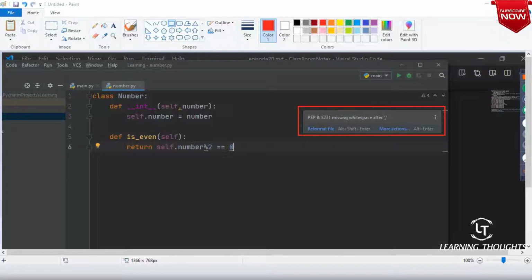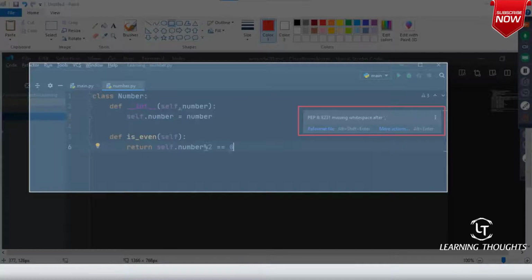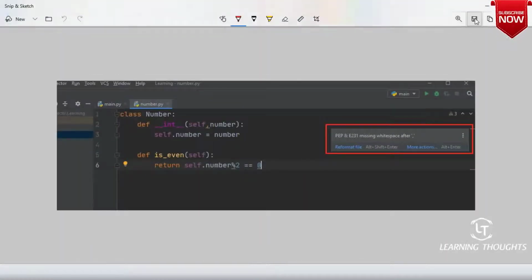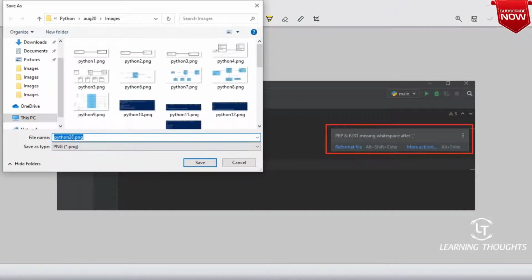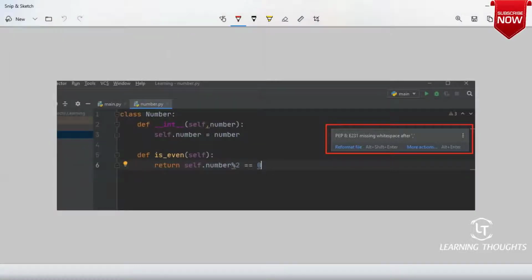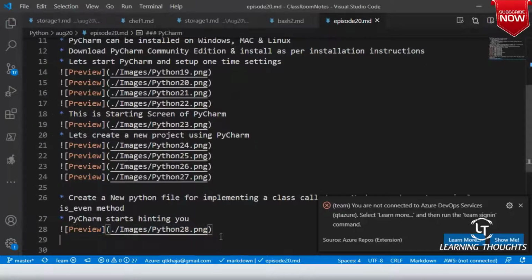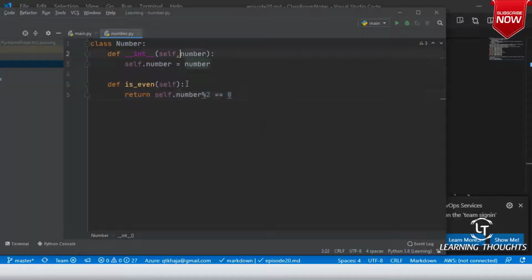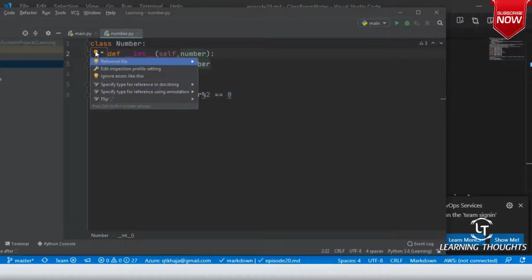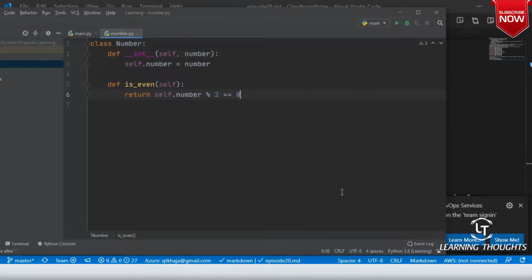So let me do this. I'll not be showing you screenshots of every error, but let me show you how to fix it. If you click over here, you will be seeing this, and just click on reformat file. See, PyCharm has automatically corrected it.